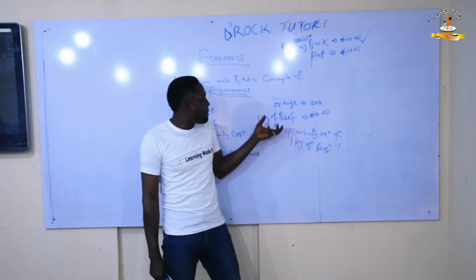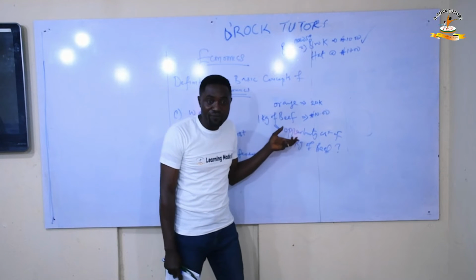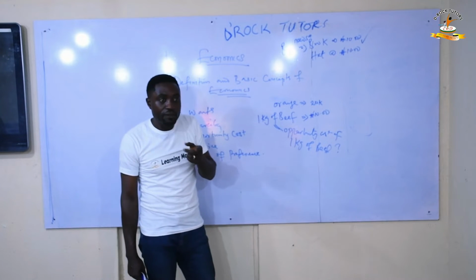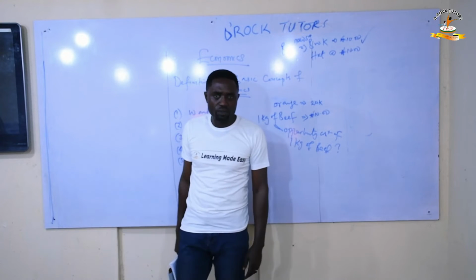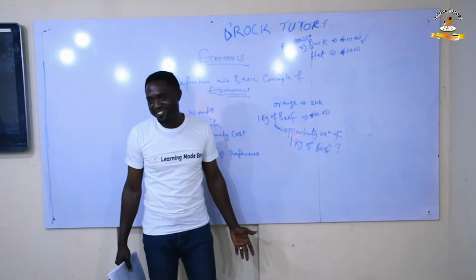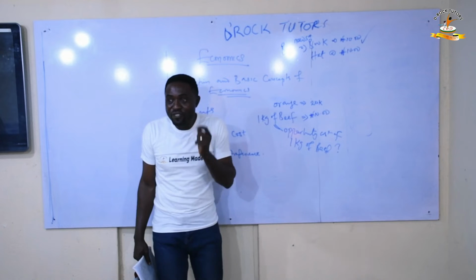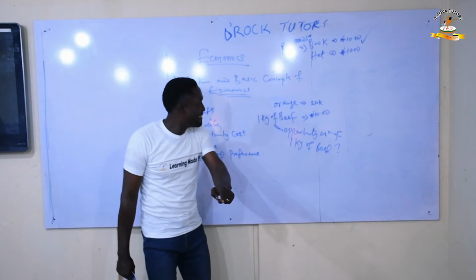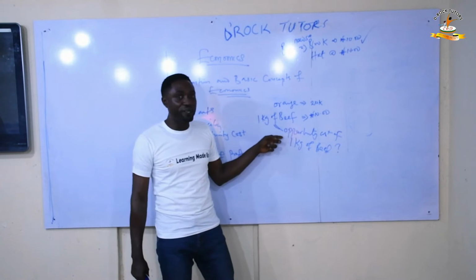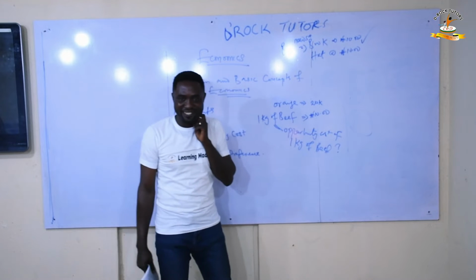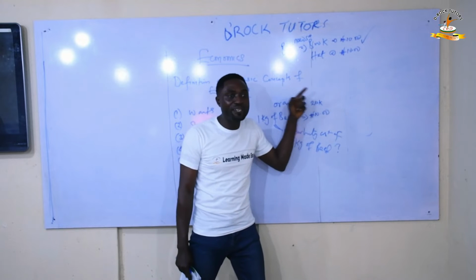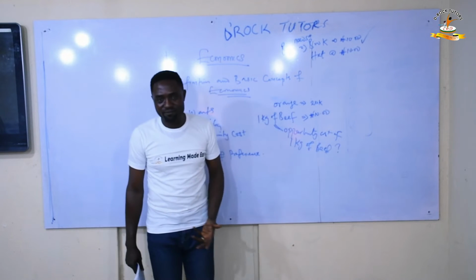That means if you are buying the beef, what's the opportunity cost in oranges? Is it 20 kobo? It can't be 20 kobo. It will be 50 oranges. You are using 10 naira to buy 1 kg of beef. So if you are not using 10 naira to buy 1 kg of beef, you would have used the 10 naira to buy the oranges. And if one orange is 20 kobo, how many would you have bought? It will be 50.